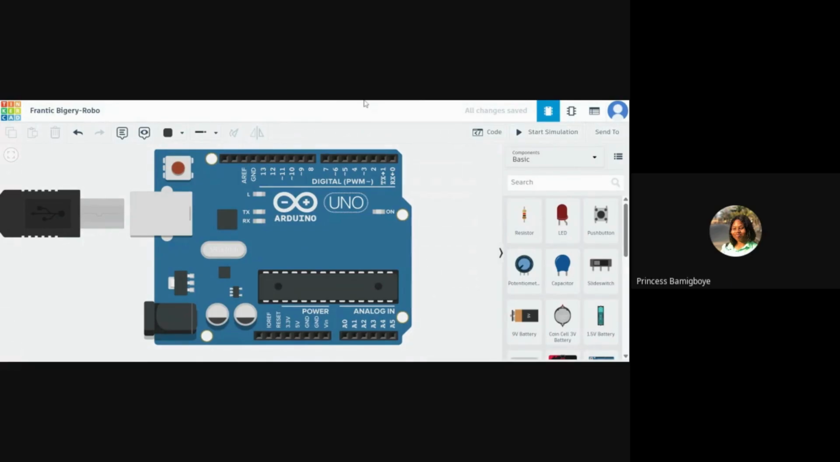So what this analog reference pin does is that